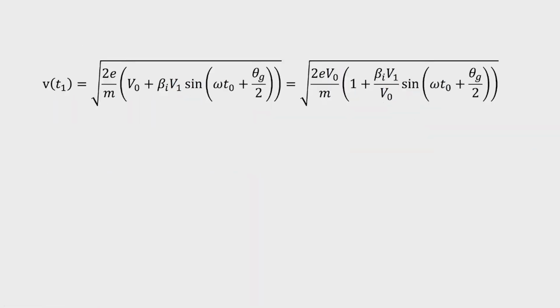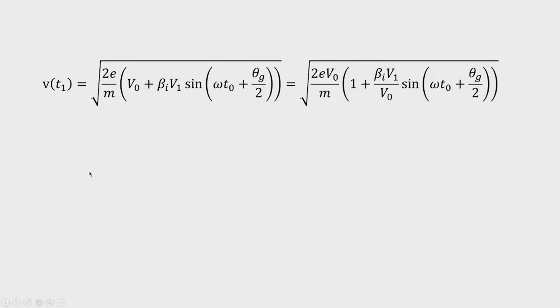Now, this average voltage is the extra voltage that the electrons experience during their passage through the buncher cavity, and depending upon at which instant the electrons enter the buncher cavity, this average voltage will vary, and therefore, now we can write